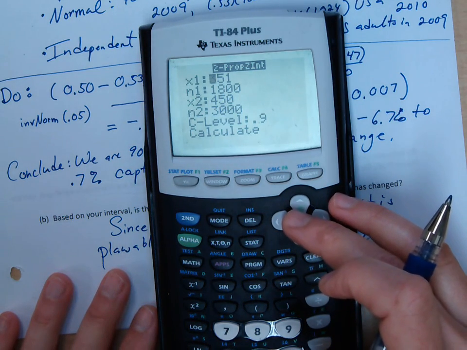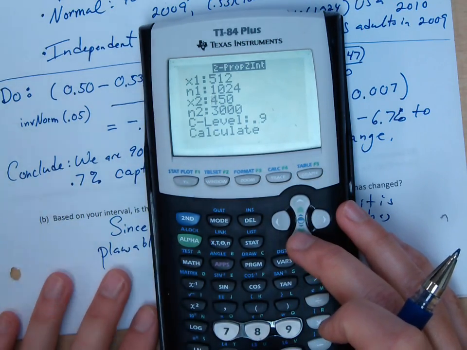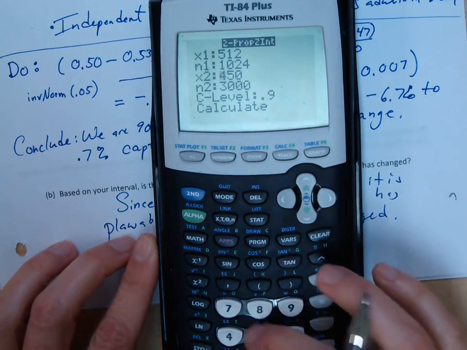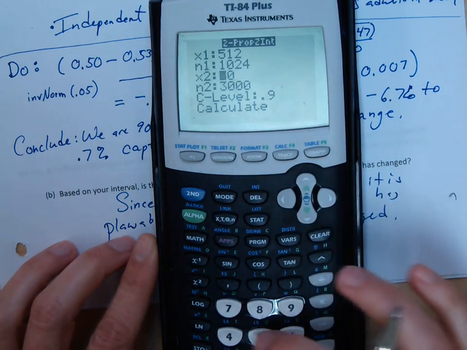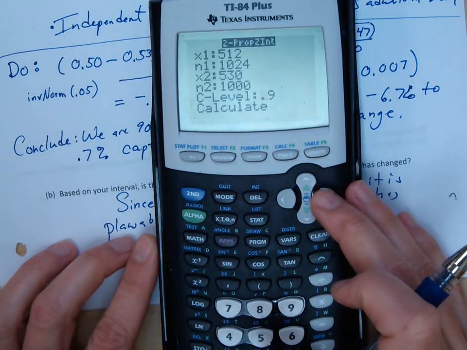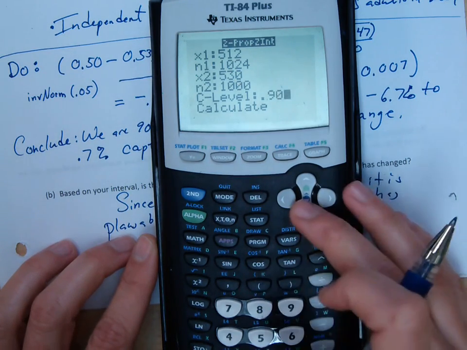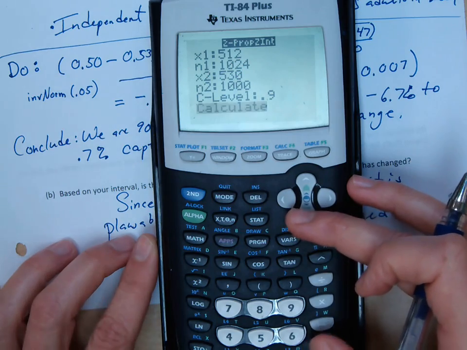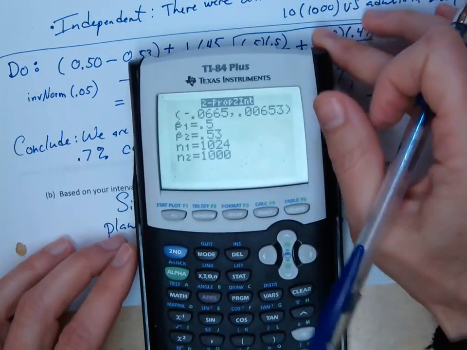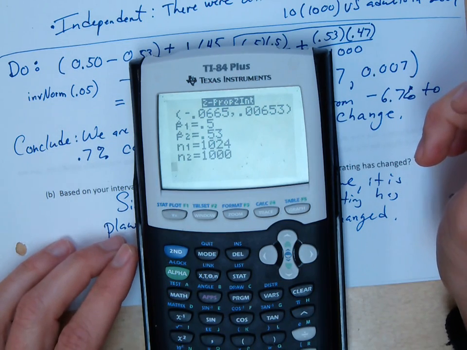And then you simply type in the values. So for P1 it was 512 over 1024, and for P2 it was 530 over 1000. And then you just put your confidence level. You don't even have to compute z star when you do this. So we want 90%, and then you hit calculate, and let's see what we get. There's the interval right there. So between there and there, and so your calculator can tell you what the